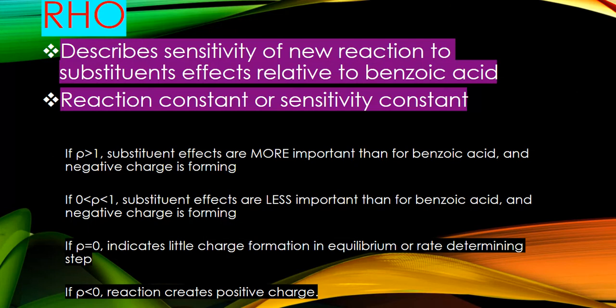First, when rho is greater than 1, the reaction under study is more sensitive to the substituent than the benzoic acid and the negative charge is building during the reaction. And when rho is in between 0 to 1, the reaction is less